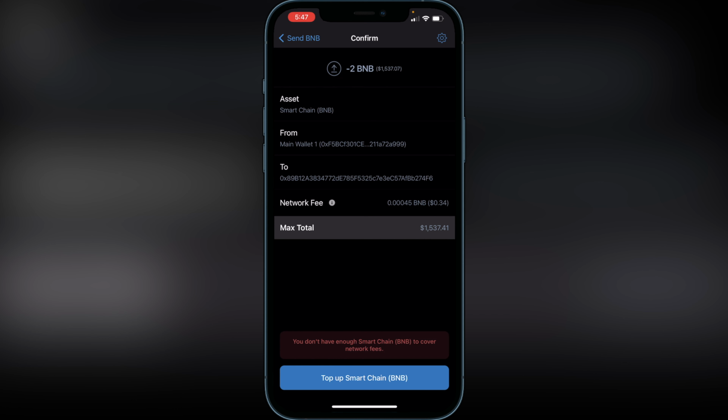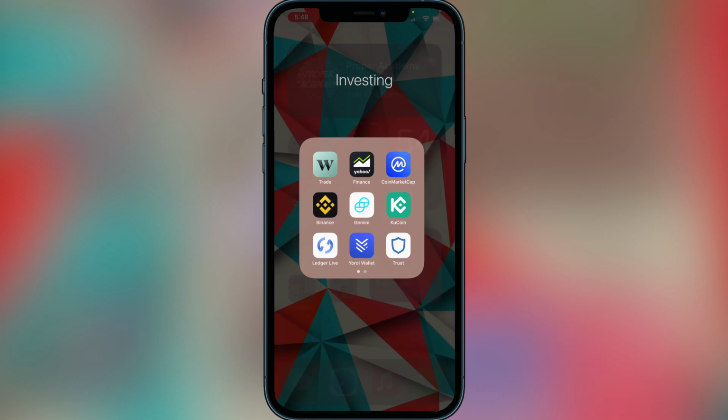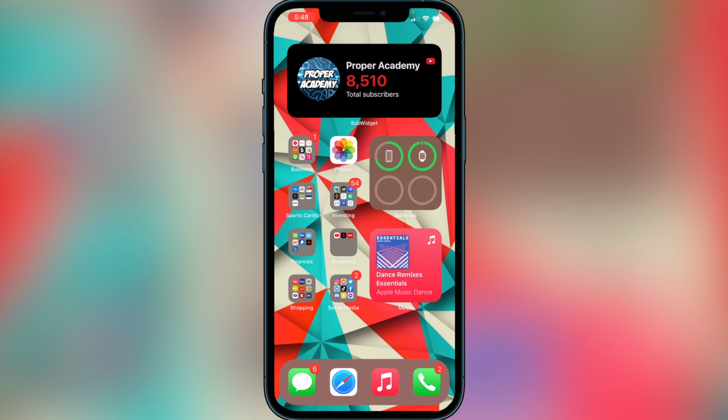Now, if you guys need another tutorial showing you guys how to withdraw it from Binance into your bank accounts, just let me know. I'll be happy to make another video. But this is exactly how you sell your ECP into BNB and then transfer it out of the Trust wallet application. Now, I really hope I was able to help you guys out with showing you guys how to sell your